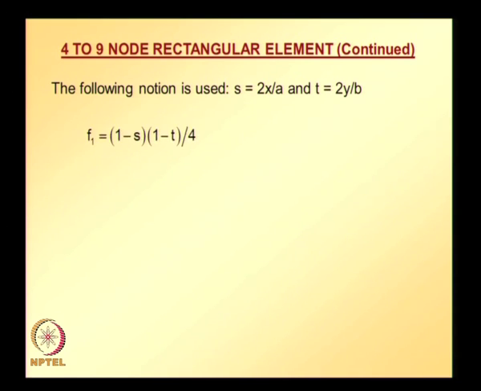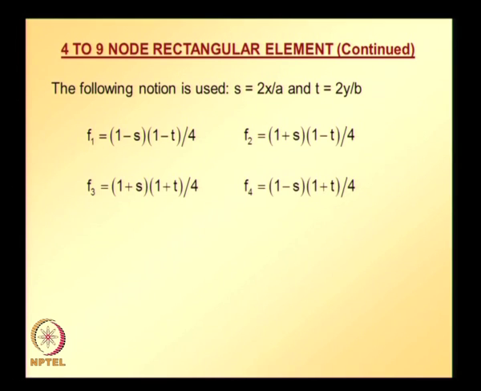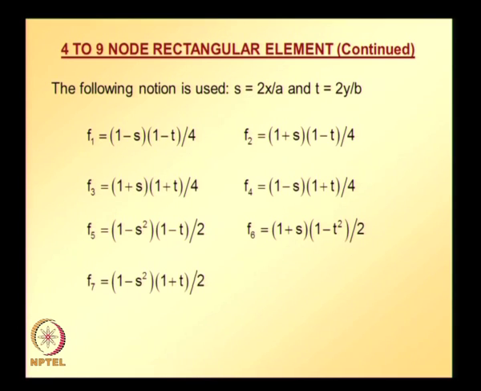With this definition of s and t, f1, f2, f3, f4, f5, f6, f7, f8, f9 are defined in terms of s and t, where s and t are obtained based on the coordinates of the particular element. So once f1 to f9 are defined like this,